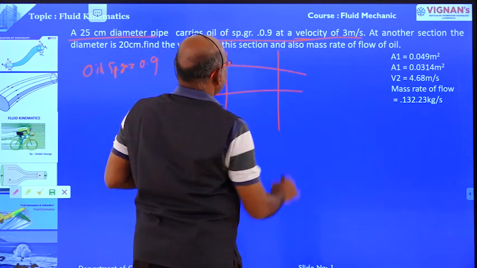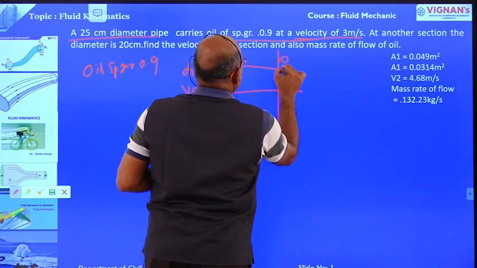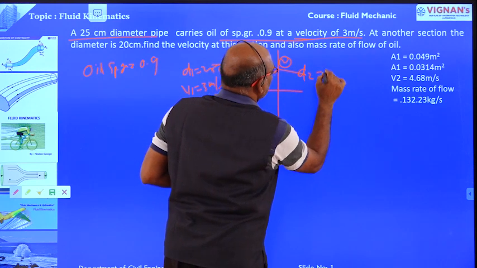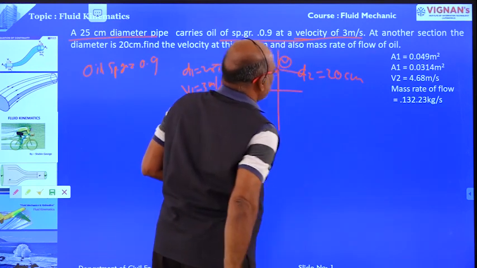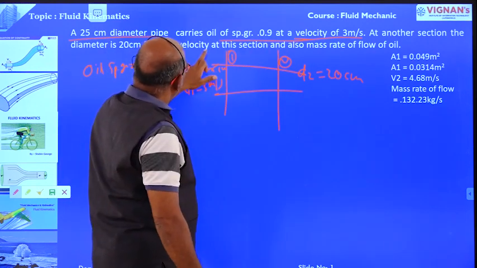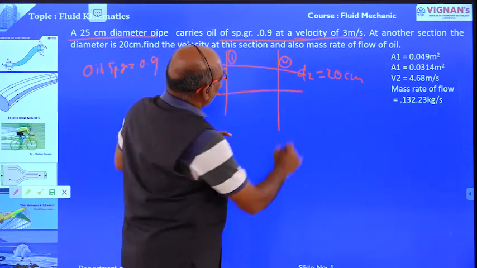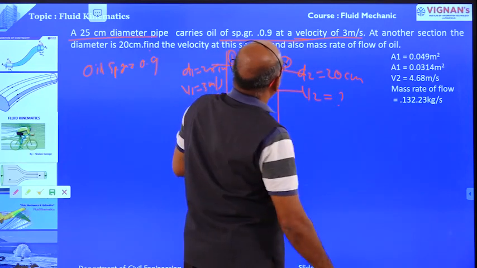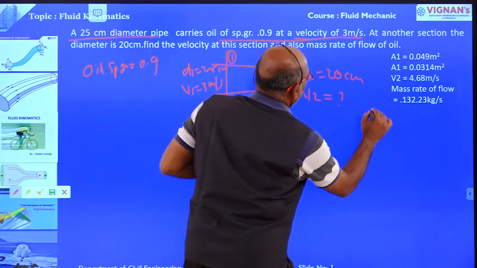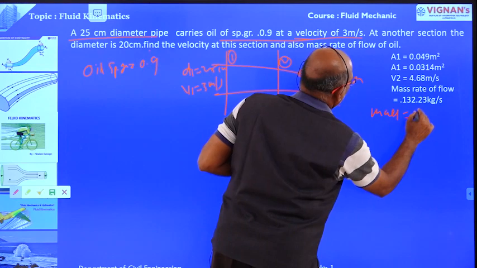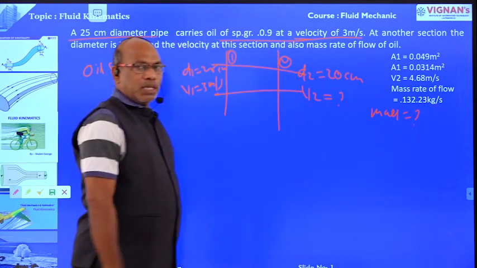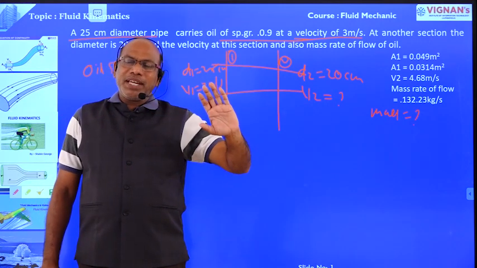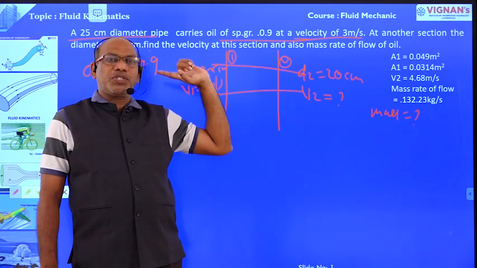So this is another section. This is section 1-1. This is section 2-2. Or this is the another section, diameter equal to 20 centimeters. Find the velocity at this section. What is the velocity at the 20 centimeters dia pipe, and also mass rate of flow is equal to what? Right, in this problem, a pipe carrying oil of specific gravity 0.9